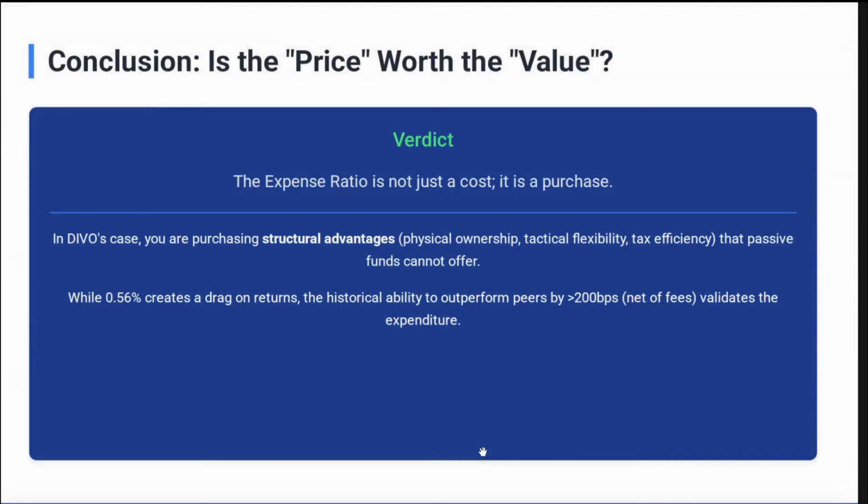Conclusion: is the price worth the value? My verdict: the expense ratio is not just a cost, it is a purchase, right? In DIVO's case, you are purchasing structural advantages, physical ownership, tactical flexibility, tax efficiency that passive funds cannot offer. While 0.56% creates drag on returns, the historical ability to outperform peers by more than 200 basis points, net of fees, validates the